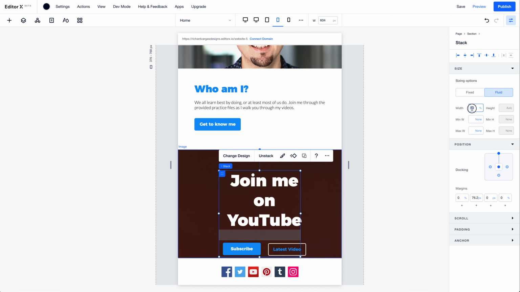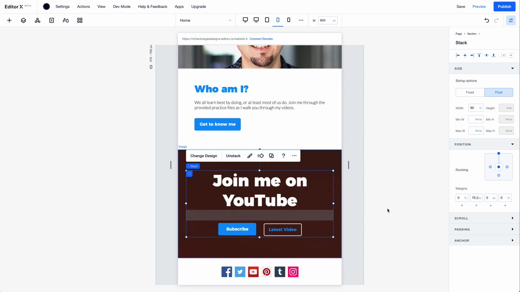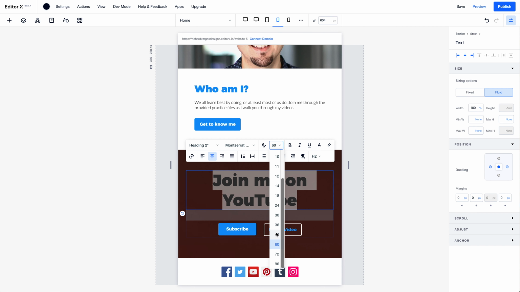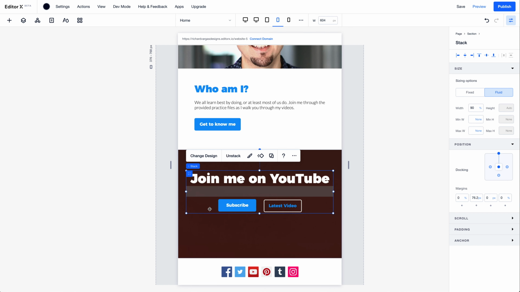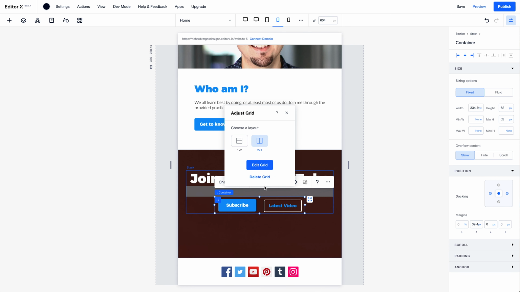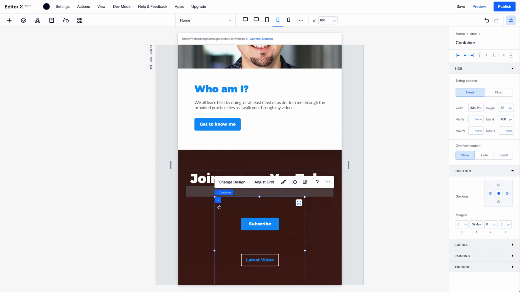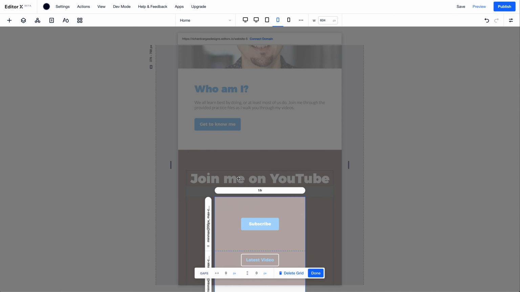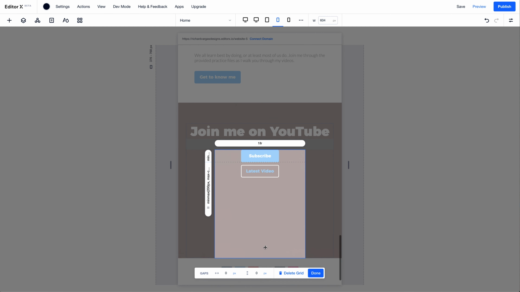So I have the stack selected now. I'm going to go to 90% width. And then I'm also going to go in here, change this to 48. And then in my buttons, I'm going to want to stack my buttons here actually. I know I don't have them stacked here, but I really want to make this CTA prominent. So I'm gonna go to the grid, adjust the grid for this container, that is, and I'm gonna go a 1x2, adjust grid, edit grid, set this to auto, and this bottom column auto,